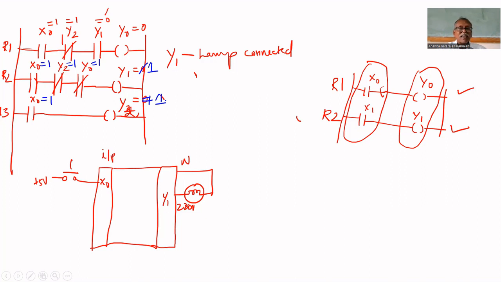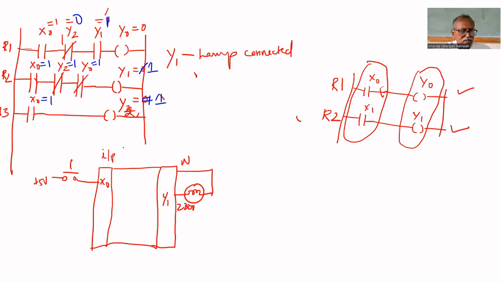Second time it will be executed. Second time you come here, X0 equal to 1, Y2 now becomes 0 because just now the third rung was executed. Y1 is 1, that's why this is also 1. But this becomes 0, that's why again it remains 0 only. Second rung, if you come, X0 is 1. Out of 30 times, only the second time now. X0 is 1. Y2 is 1, that's why this is